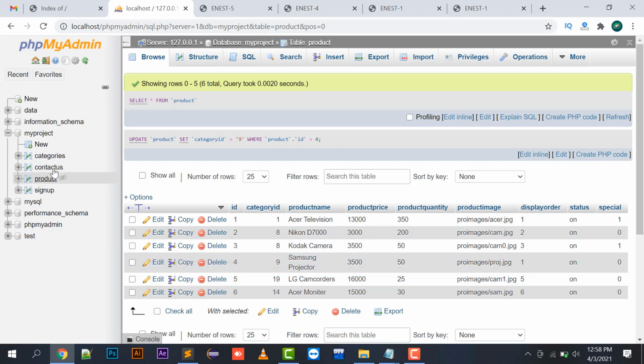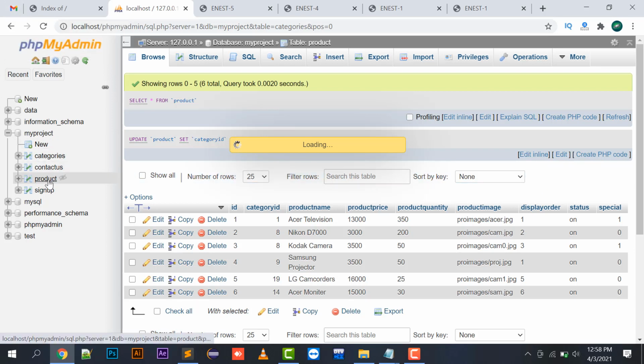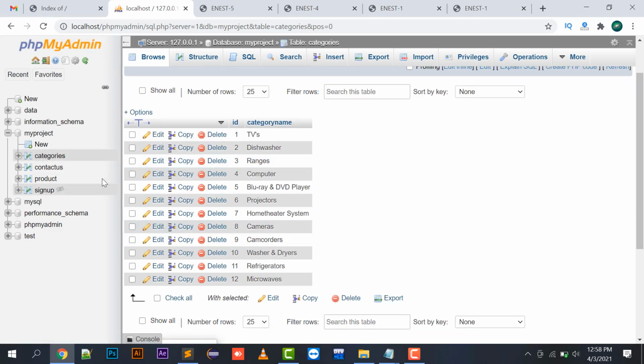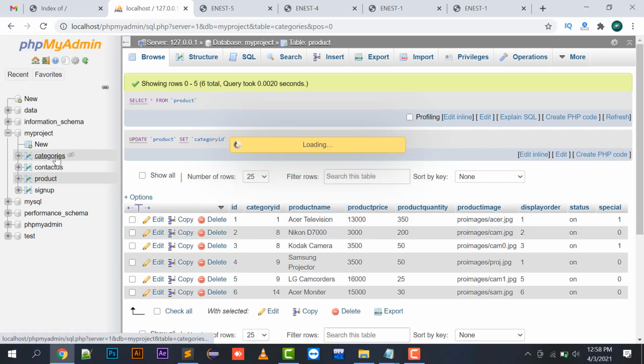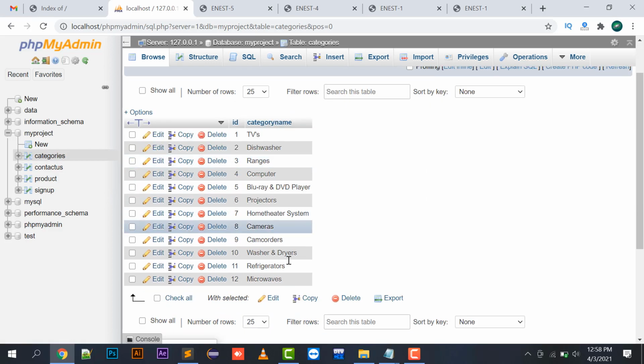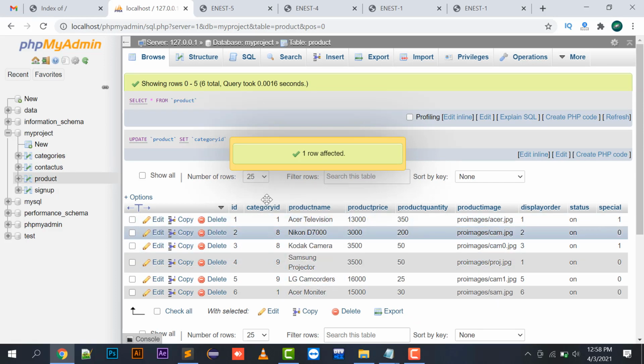And then camcorder is 9. And monitors we can just put into TV only, so 1. So in this way I have bound each product with a category.